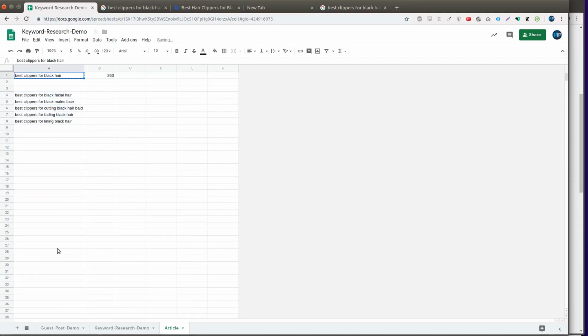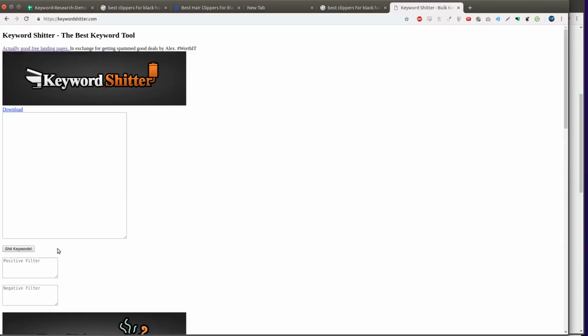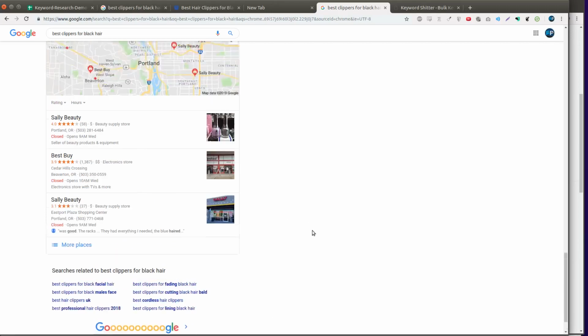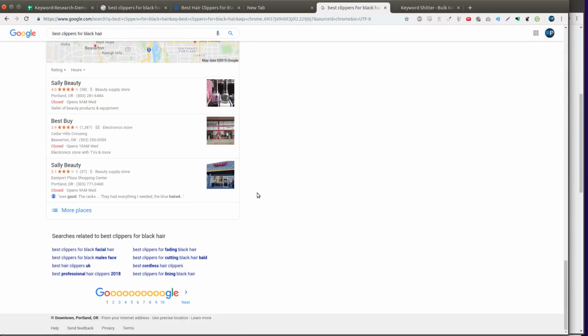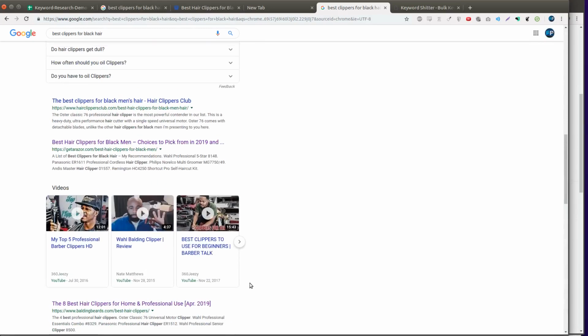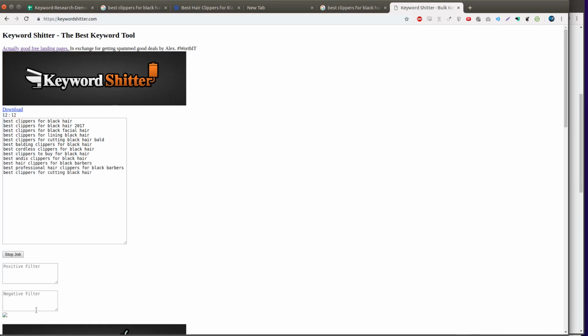Now, one other trick that we can use is there is a tool called Keyword Shitter, which I've mentioned on this site once or twice before. If we put in a seed keyword, what this will basically do is automate this process we're already doing, essentially scraping these searches related to keywords from search results. So if we run this for a while,